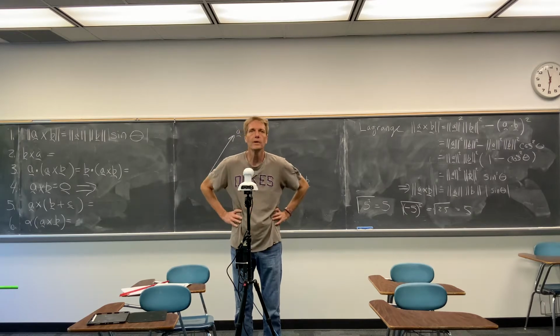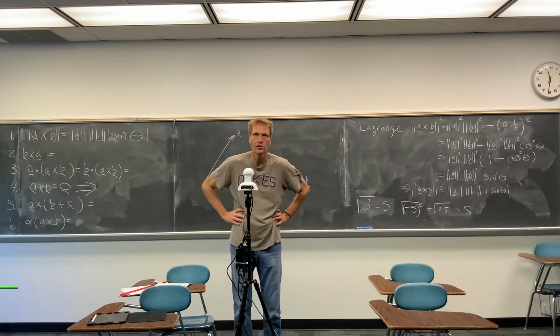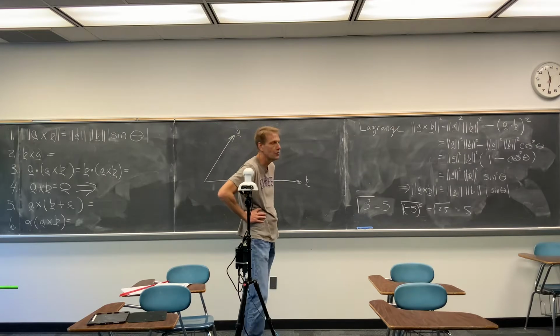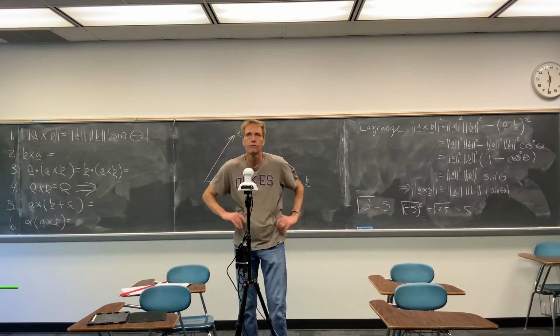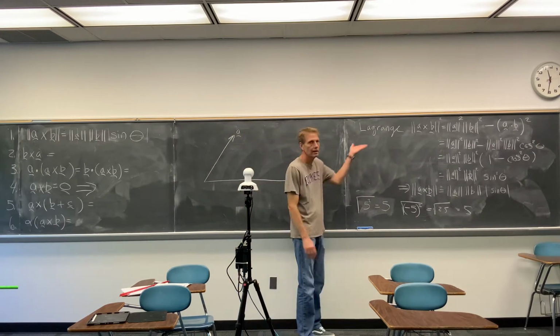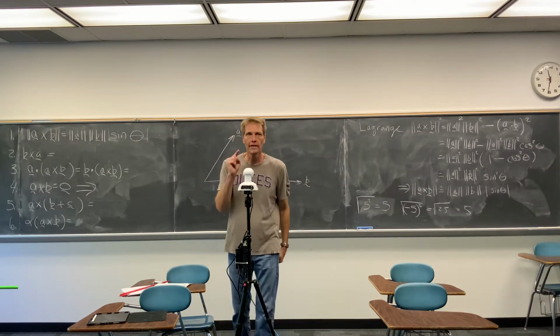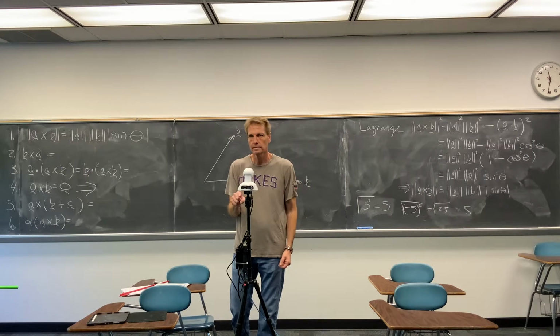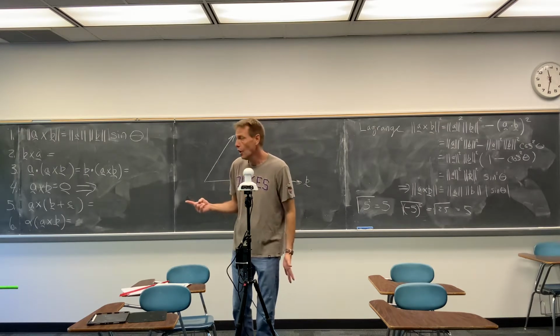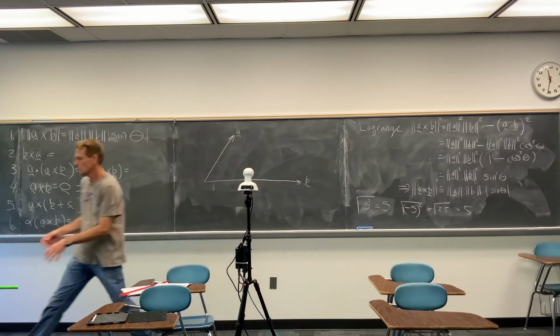Okay, where did we leave off last time? Well, fortunately, kind of like a Food Network show, I've rebaked the cake. What we were ending with was the norm of A cross B. What we've shown so far is that